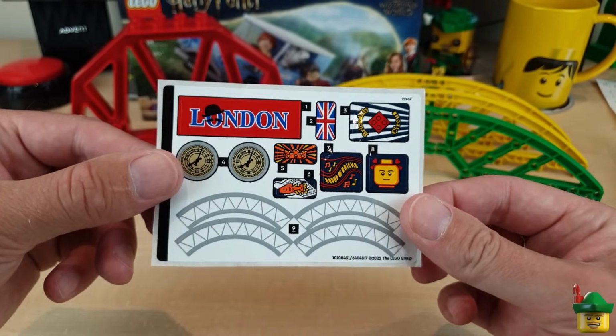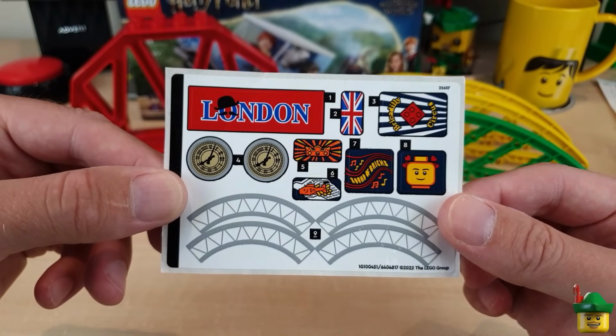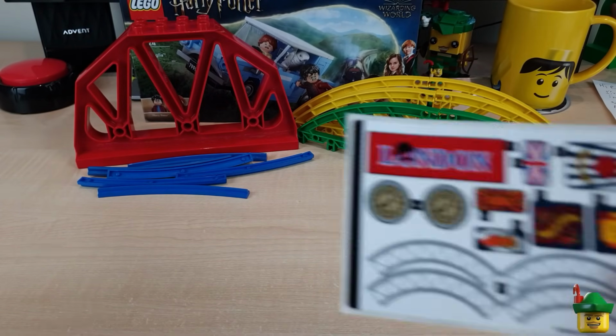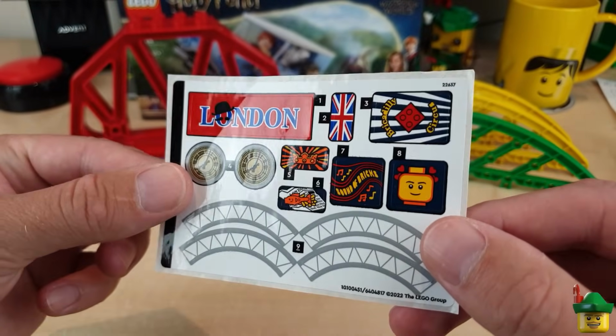So this came from the set 40569 London postcard from 2022. And it doesn't seem many people have got this set, so this sticker sheet is very hard to come by. And although this is slightly crinkled, having been put in the same package, it's got a bit of creasing, I think we should be all right. You see, it's not got the best condition. But anyway,